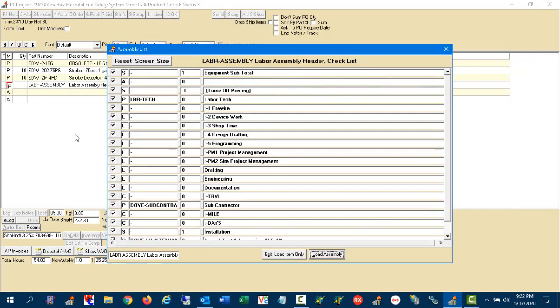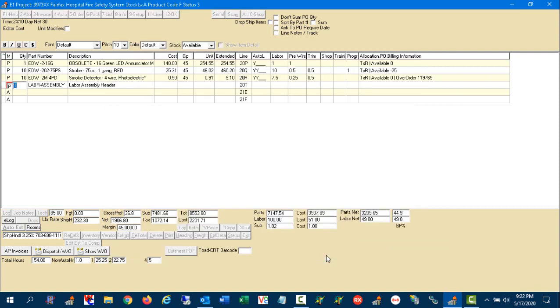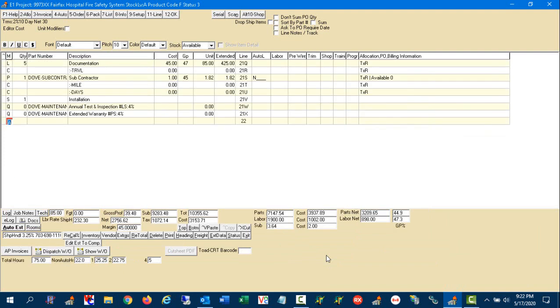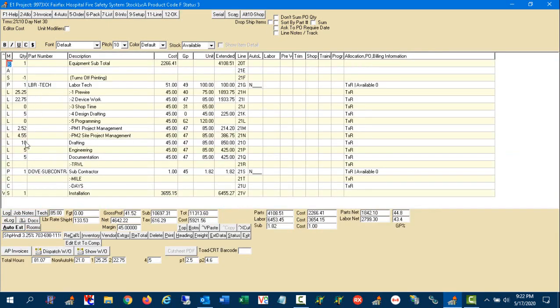And in this assembly, notice we've got some automatic time that's going to come in, and also some manual time, such as drafting 10 hours, engineering 5 hours, and documentation 5 hours. And then we say load assembly like so. And you notice all the hours come in with 1 hour, so I press auto estimate. And now the system has brought in all the time, and we have our quote, and it's ready to go